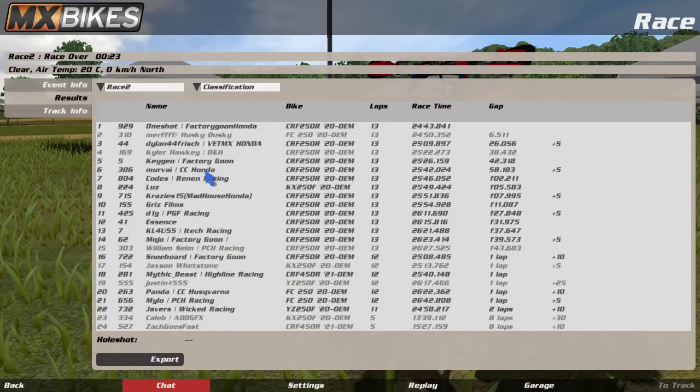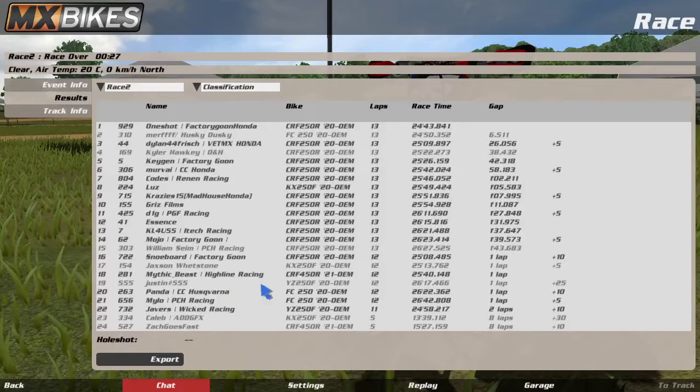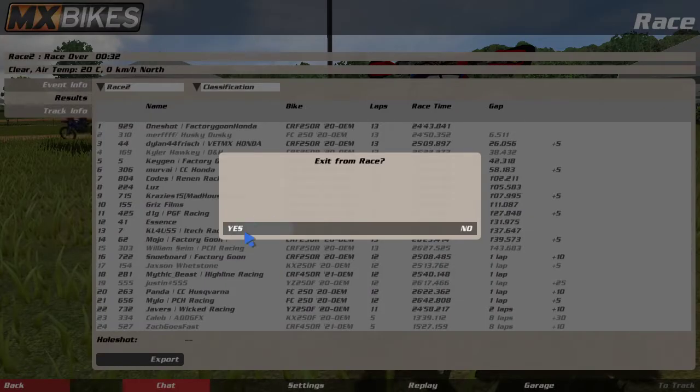So real quick, let's take a look here. I saw Havers come across the finish line, so he should be good. Screenshot has been saved. All right, guys, thank you to everybody in the B class for